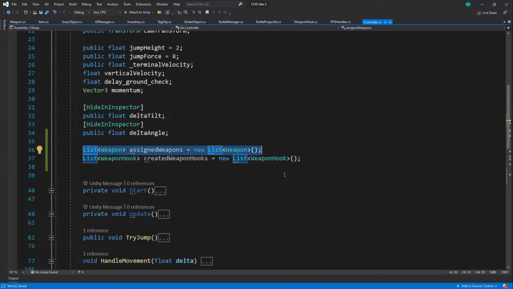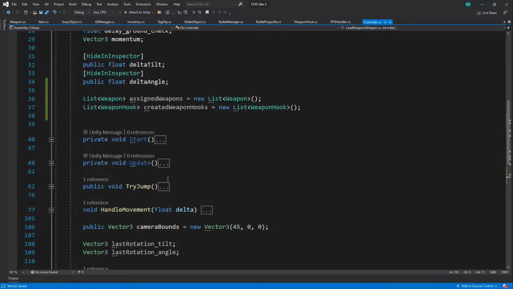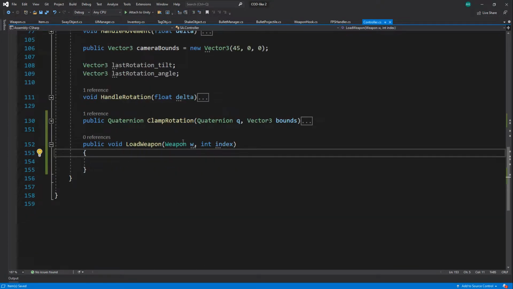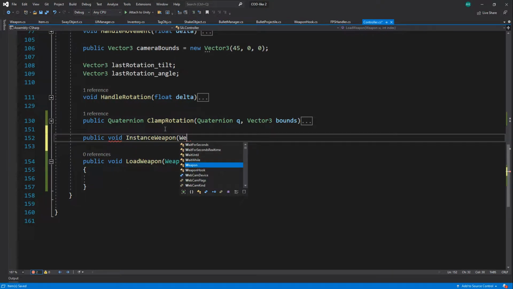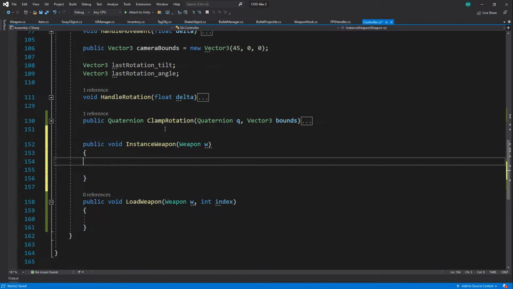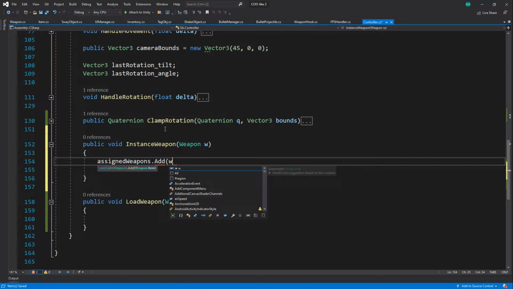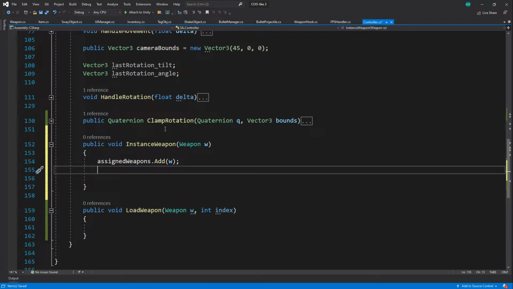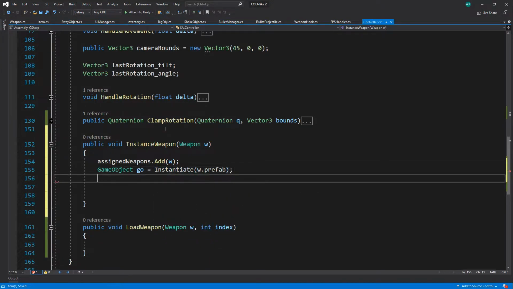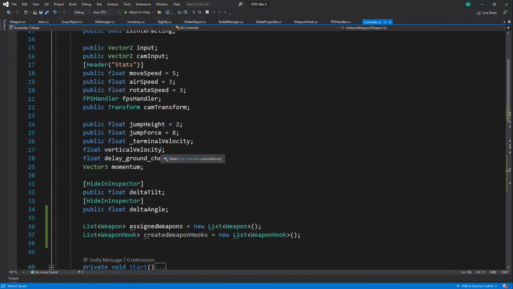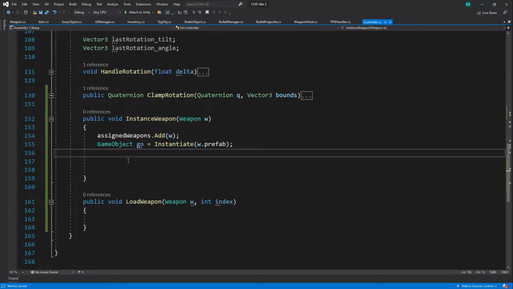Actually, no, loading a weapon, we also need an instance of weapon, public void InstanceWeapon W. So InstanceWeapon is going to be adding to assigned weapons, adding W, and then we go on to GameObject Instantiate weapon.prefab. Then our weapon, we know it's under, actually no,